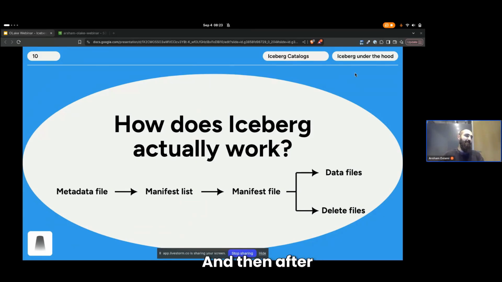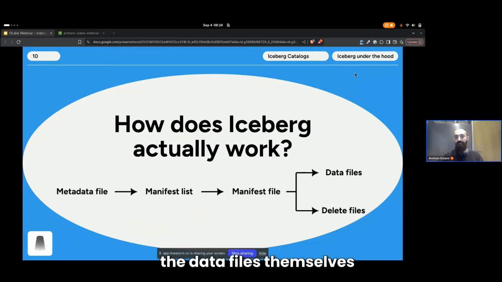And then after manifest lists, we have manifest files. These are references essentially to data files and delete files. They have some additional metadata that helps us skip things, like row counts, partition values, column level things like mins and maxes, and kind of the state. Like, okay, in this manifest file, we added a delete or removed this. This already existed, so we have some idea of what's going on with our data.